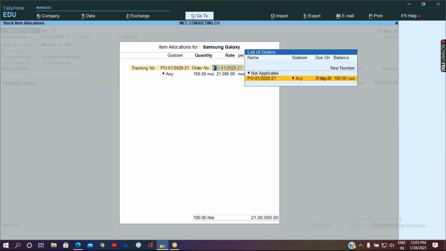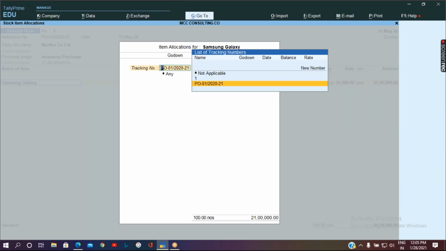Here, once you select the stock item, you'll get this item allocation screen. Here we have to start with a new tracking number. To connect from purchase order to receipt note entry, we used the order number as a link.